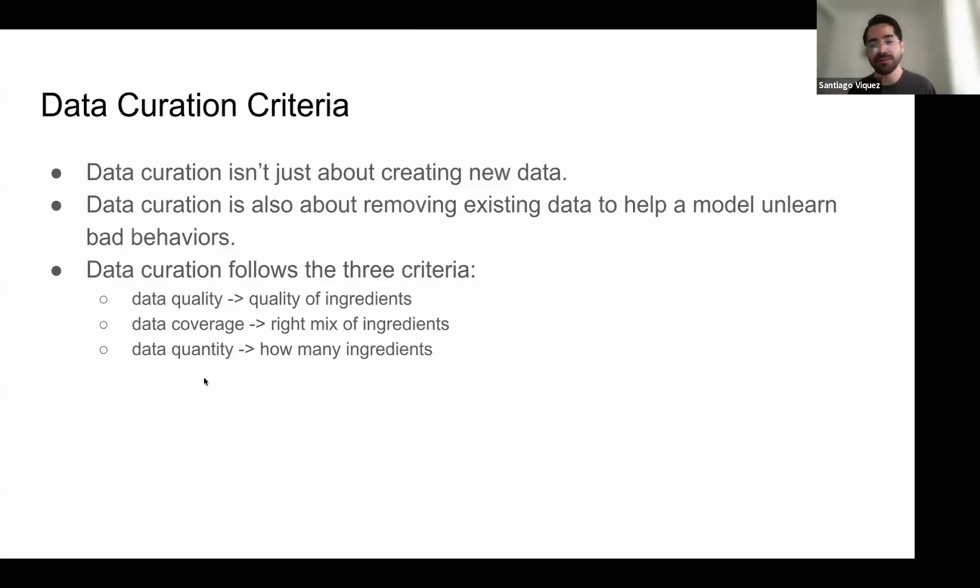If you are just making one pizza, maybe you can have a low quantity of each of the ingredients, but if you want to make 100 pizzas, you will probably need lots of water, lots of tomato sauce, lots of cheese, etc. And lots of each of those things. So those three things are also important when creating a model.